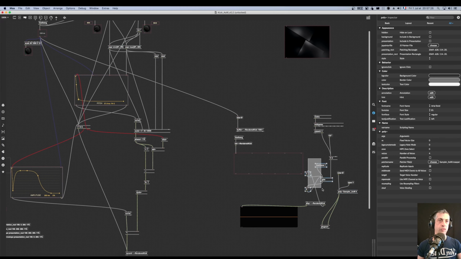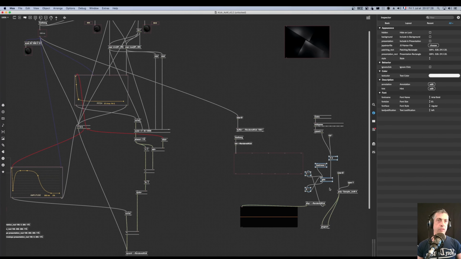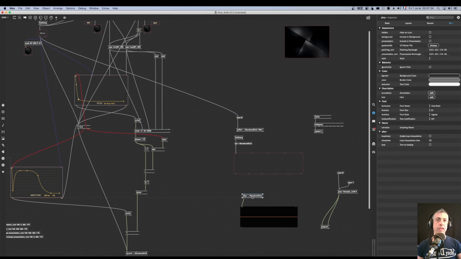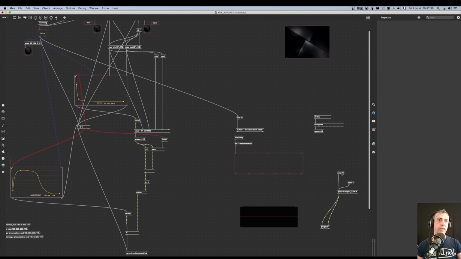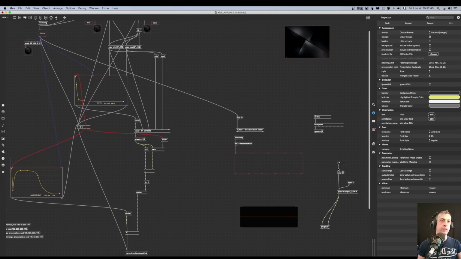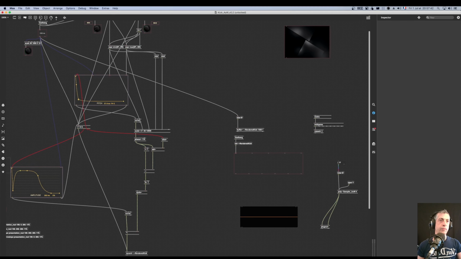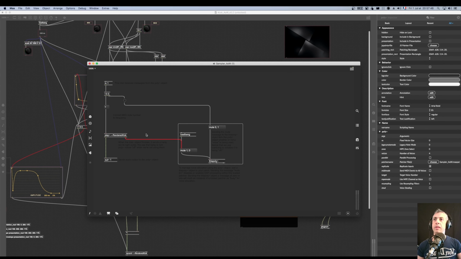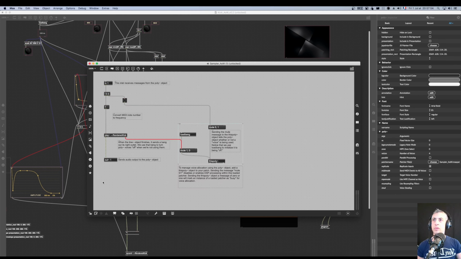So let's just remove all this, because it's really bad. I think it's a bad approach to use this to avoid clicks. It's better to use the poly tilde. It doesn't seem to do anything. So my voices don't seem to become available again, though I get the bang. So we can put some